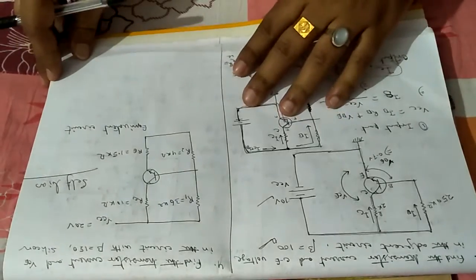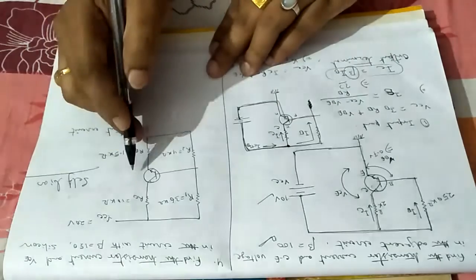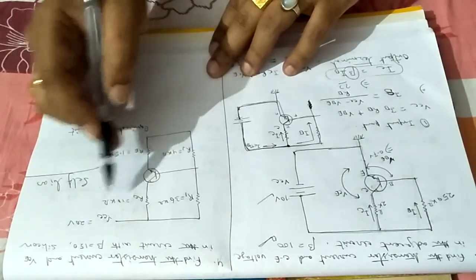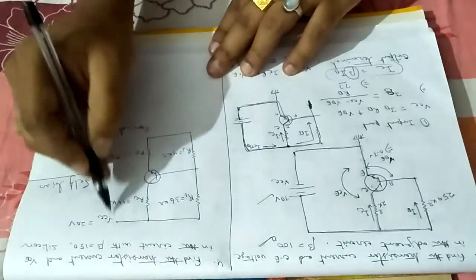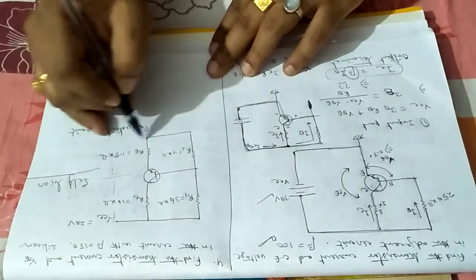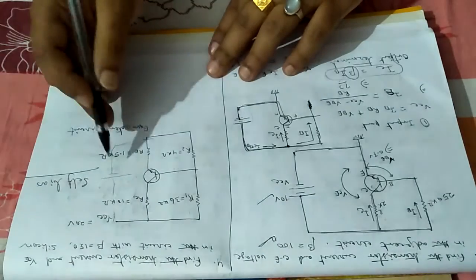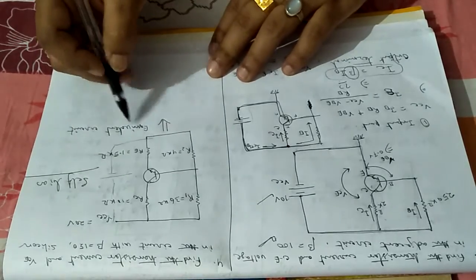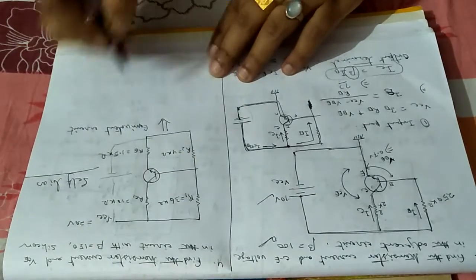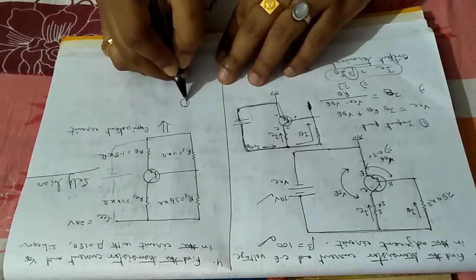So let me simplify the self-bias circuit. The last day we saw the self-bias circuit looking like that, and VCC was connected like this. For simplicity only this VCC is shown like this, and I can draw the equivalent circuit diagram for that. Look, some values are given. How was the self-bias circuit we considered the last day? The circuit was like that.